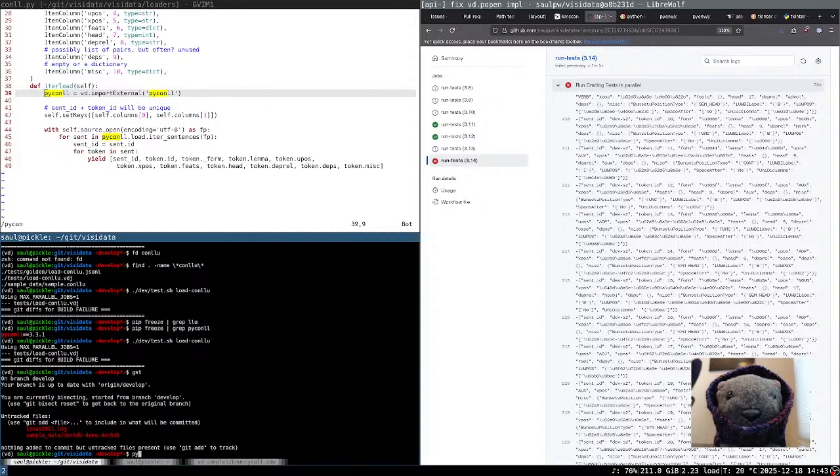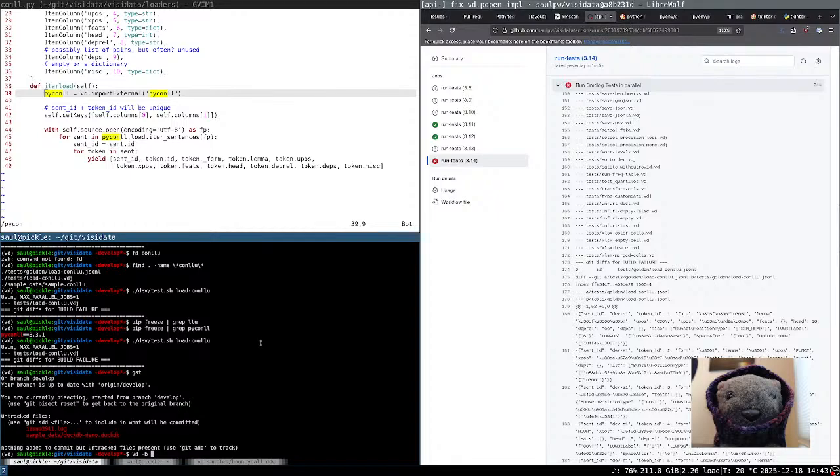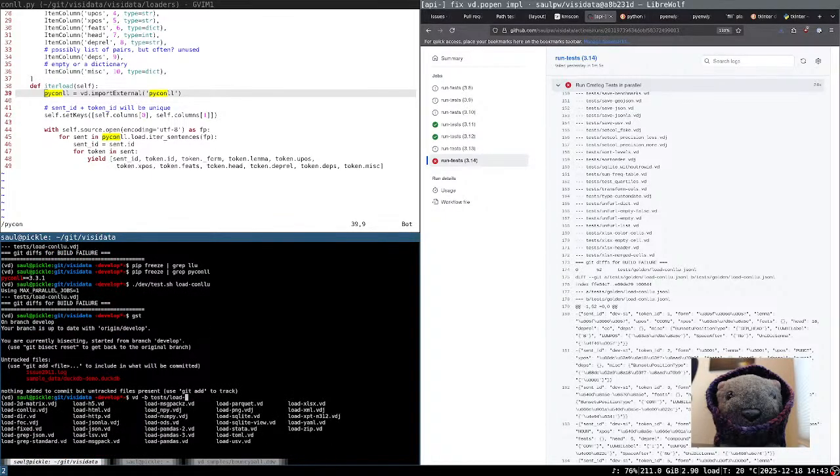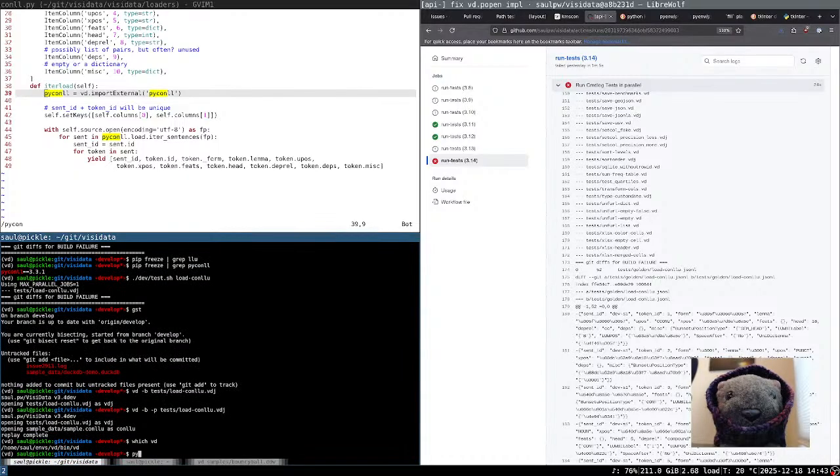Let's see here. So we're going to run visidata bash. B even. B? What's the actual test going to be here? Tests load conllu. Like that. Play it though. Okay, and now if I do hp python 4,